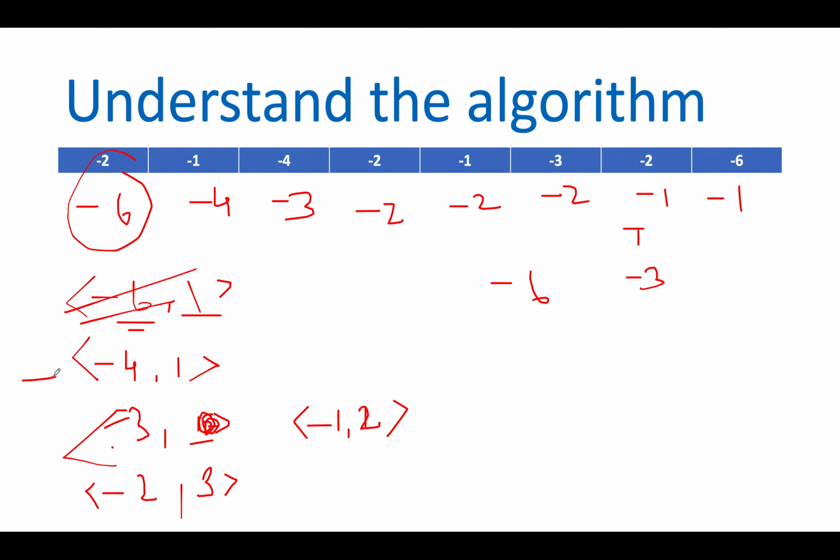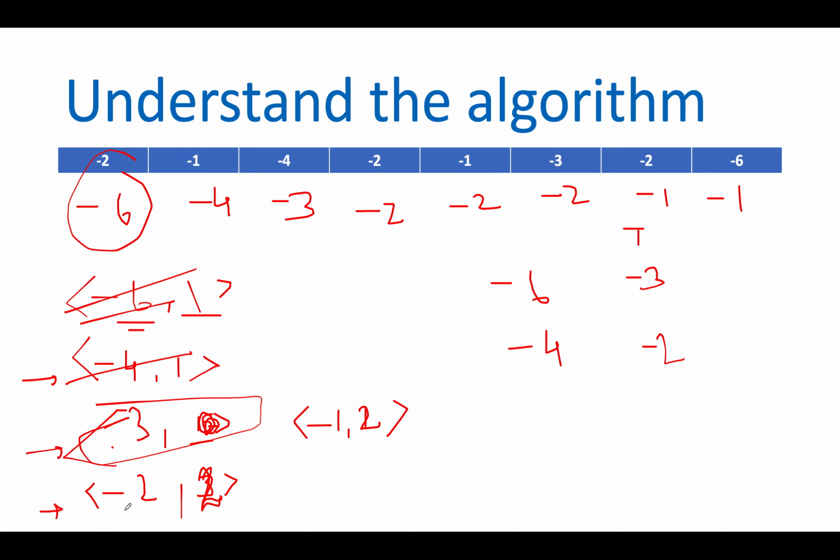Let's continue the process. Next we have is -4, 1. And what is the target element for -4? The target element for -4 is -2. The frequency of -4 is 1. That means you can consume -2 from the map, and the frequency of -2 gets reduced to 2 because you have consumed it against -4. And this is also done. Next we have is -3 and the frequency is 0. Since the frequency is 0, you don't need to worry about it. It's already consumed. Let's move ahead.